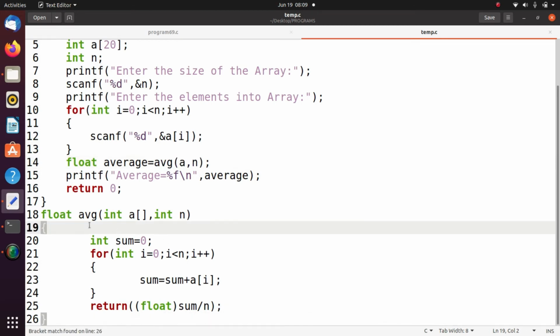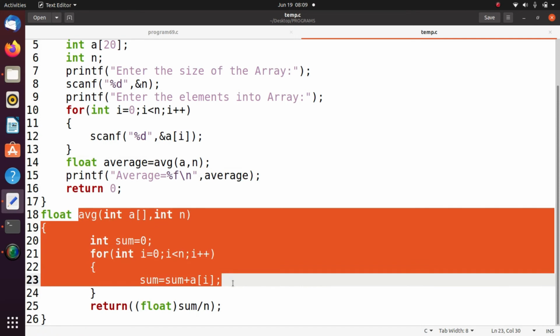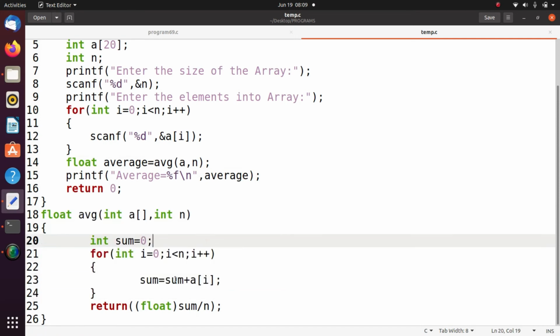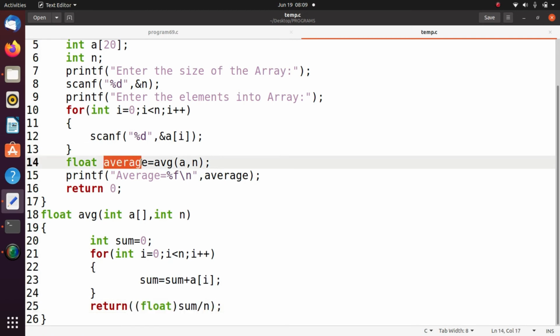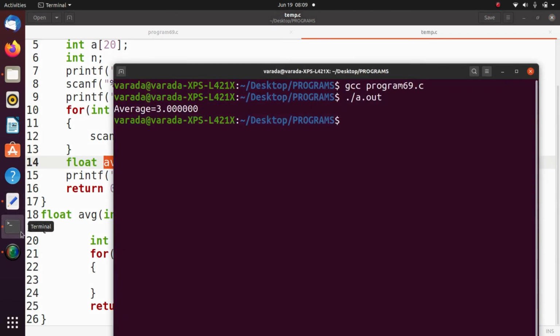This is the function definition. In this I find the average and return it to the calling function main and store the result in the average variable. Now we execute this program: gcc temp.c, then ./a.out.